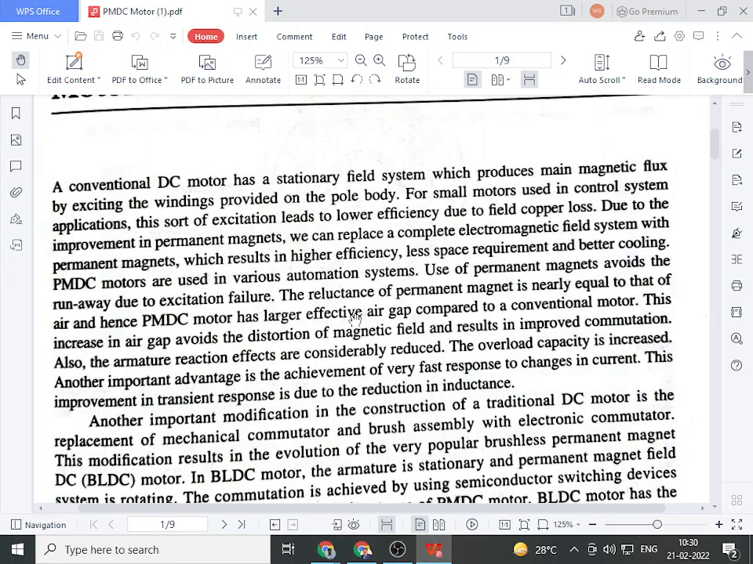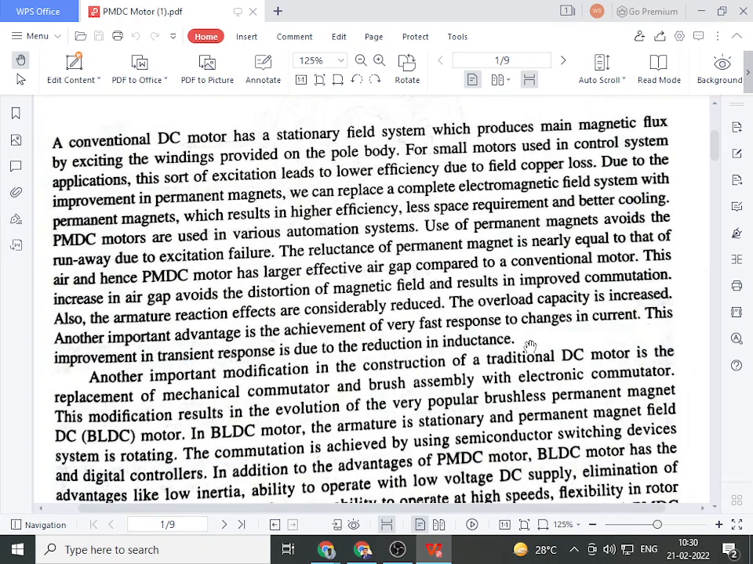Okay, so the effect of armature distortion is considerably reduced. Another important advantage is that the response of the motor increases, which means the response time decreases. So we achieve a very fast response to change in current. Whenever there is a change in armature current, the motor will respond very smoothly and quickly, and this improves